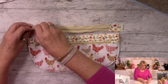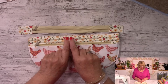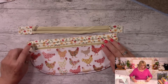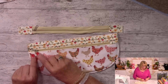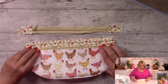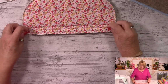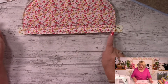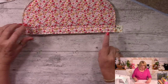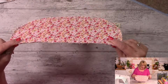Now this time we're going to do what, let's say, is the traditional way, and we're putting the right side of our fabric onto the right side of the zip. But as I said, you must watch all of your zip sliders and this sort of hangy bit here, which on mine is so loose and floppy that it could easily get in the way. We're literally going to turn it over and we're going to stitch that down. Now you have got a raw edge here, so you might want to zigzag that, make it neat. You could run it under your overlocker if you've got an overlocker,